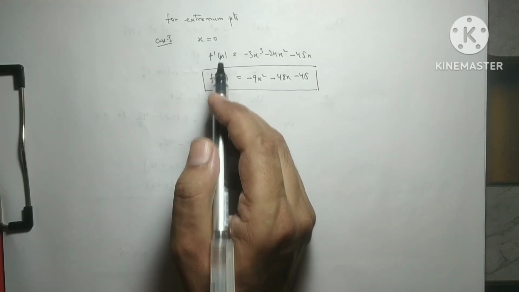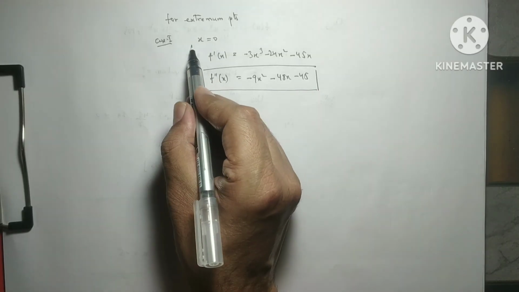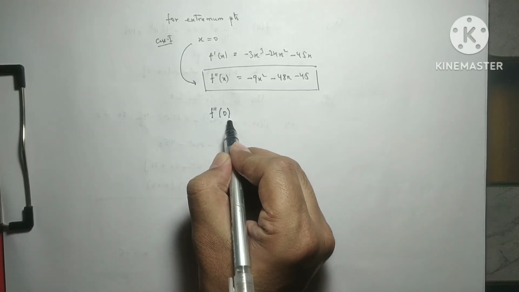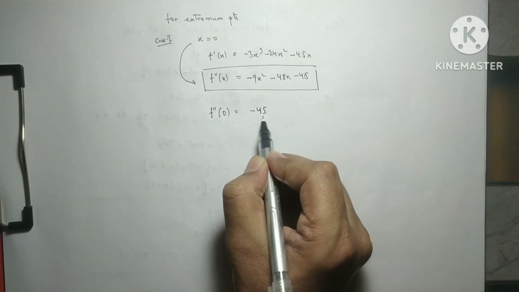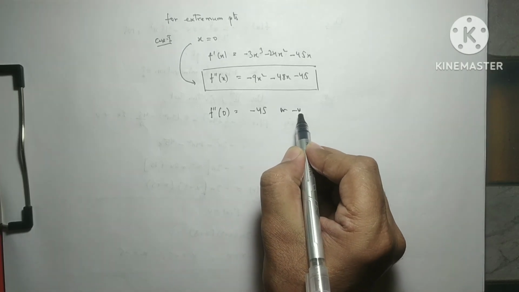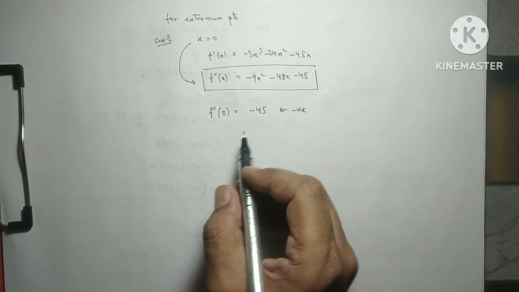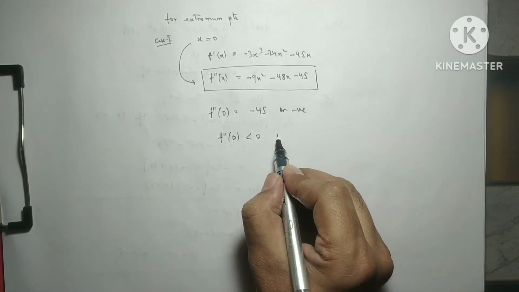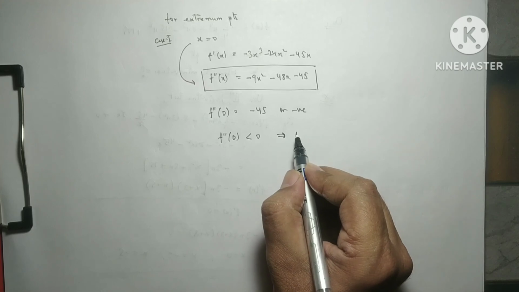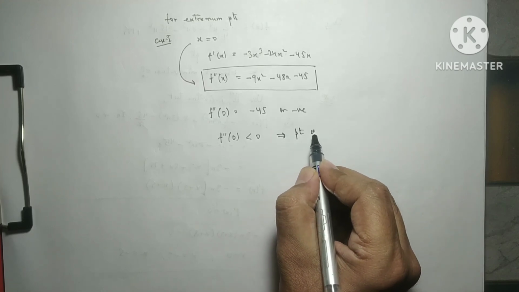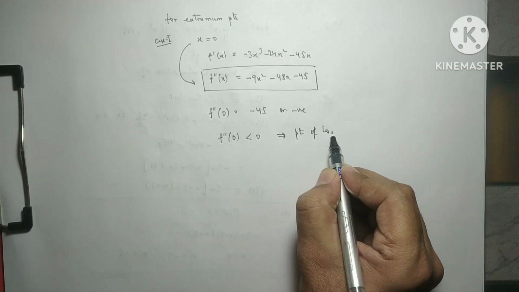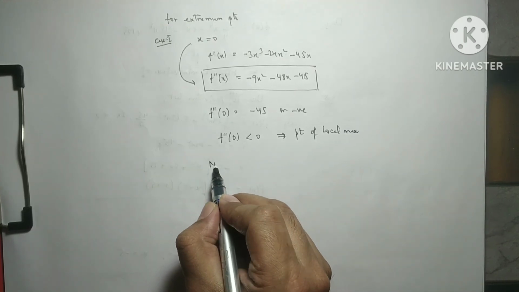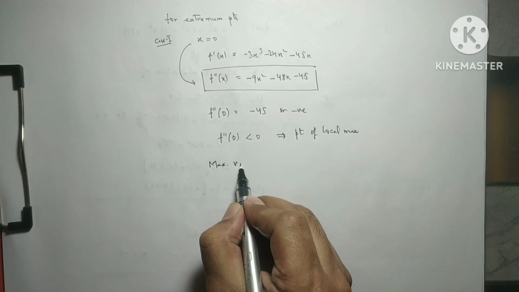So when we take x equals to 0 and put this value in this function, we get f double dash 0. So we get a negative value. If it is less than 0, then it shows local maximum. So it is the point of local maximum. So the maximum value at this point,